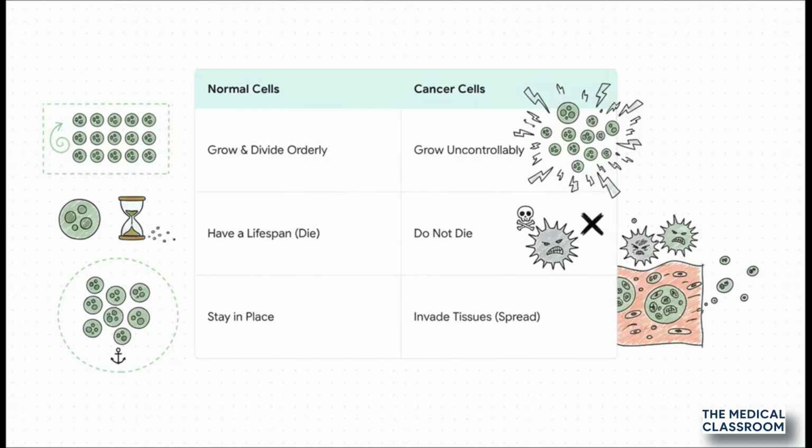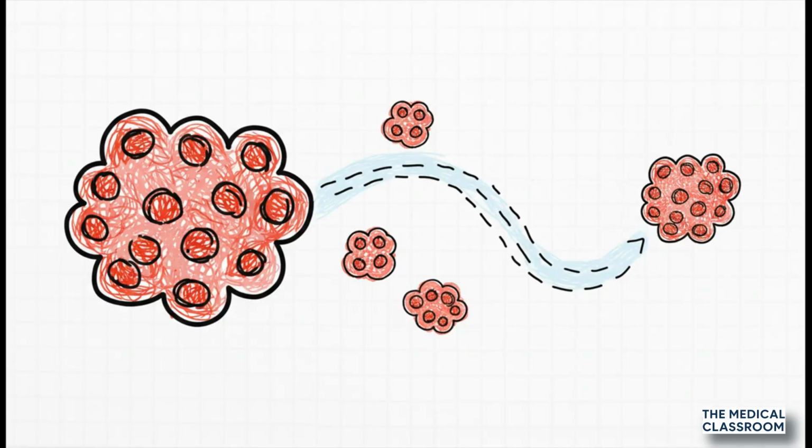And this chart, wow, it really nails the difference. On the left, you've got order. Healthy cells do what they're told. They grow, divide, and die on a schedule, and they stay put. But then you look at the cancer cells on the right. They're like total rebels. They grow without any control, they divide like crazy, they refuse the signals to die, and this is the really crucial part. They can start to invade nearby tissues. And that ability to spread, which has a name, metastasis, that's what makes cancer so dangerous.